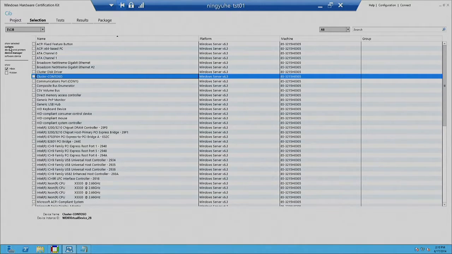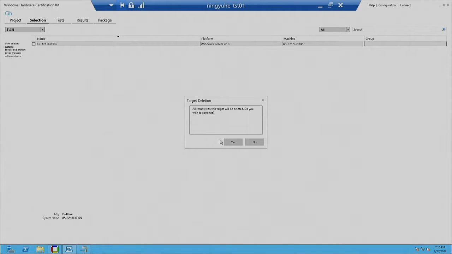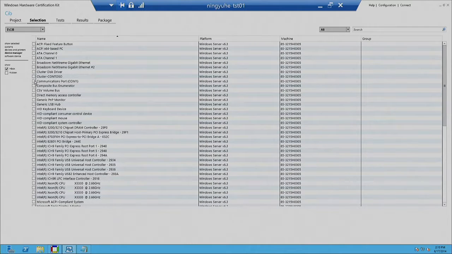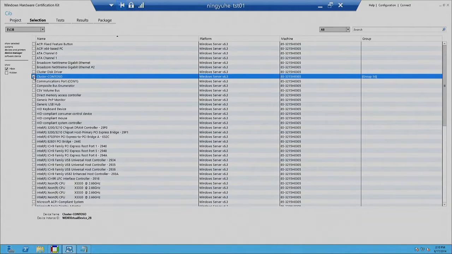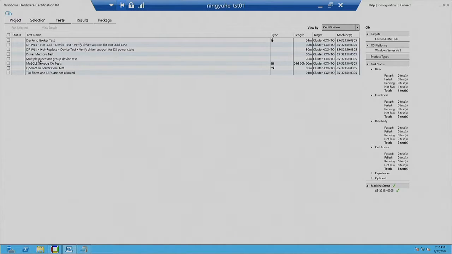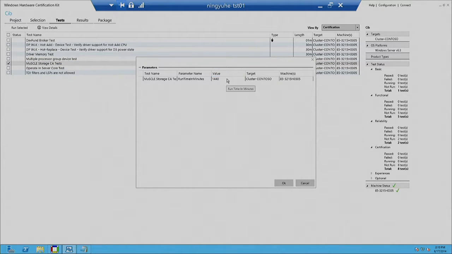So first we need to uncheck this test director, and then go to the device manager and check this device. Now it's showing up as a connected storage device to the test director. And the test should be automatically selected. If you go to the test page, the storage state test will be showing up here. And then we just check this and run selected. You can specify how long you would like to run. And this test will